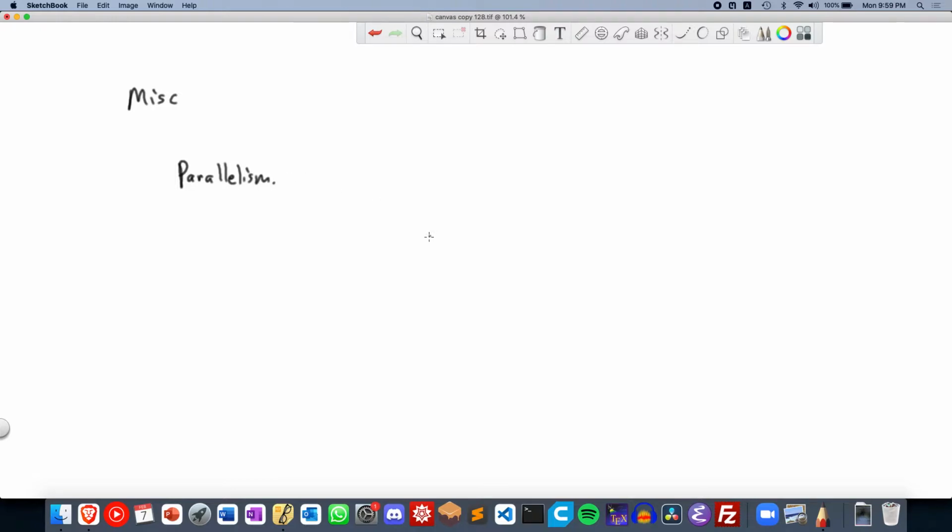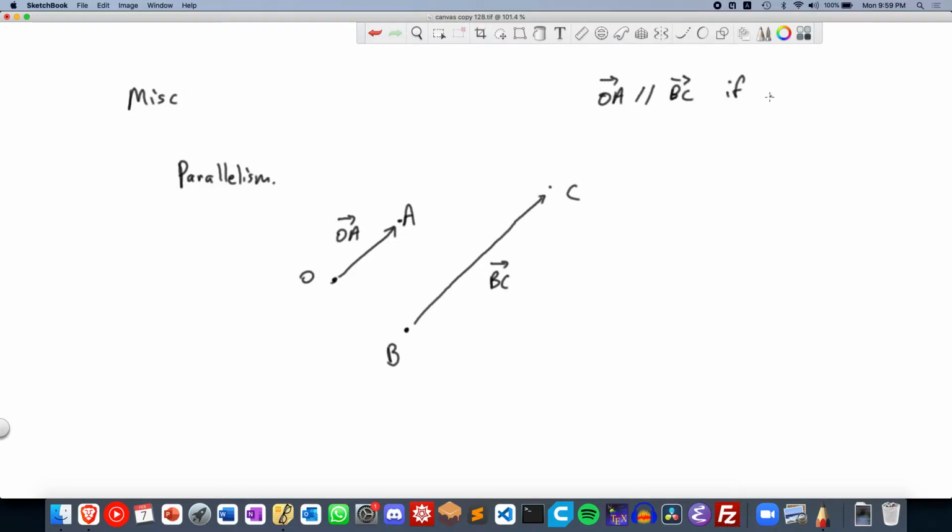So parallelism, if you have two vectors, what does it mean if they're parallel? That means they point in the same direction. So for example, you have A like that, let's say going from O to A, and let's say you have another vector going from B to C, and this vector is BC. So let's say this is OA and BC. What does it mean if they're parallel? So OA is parallel to BC if and only if